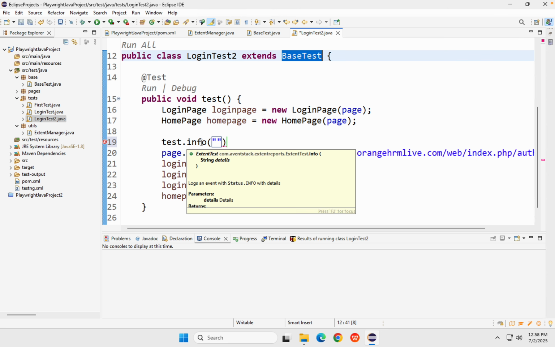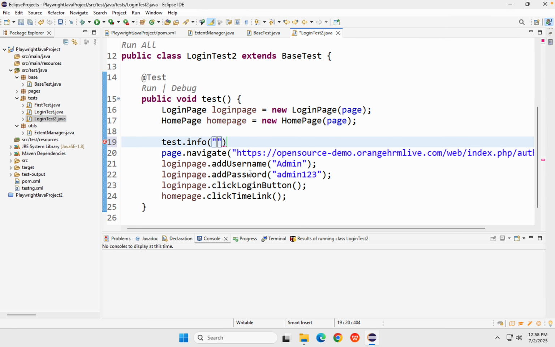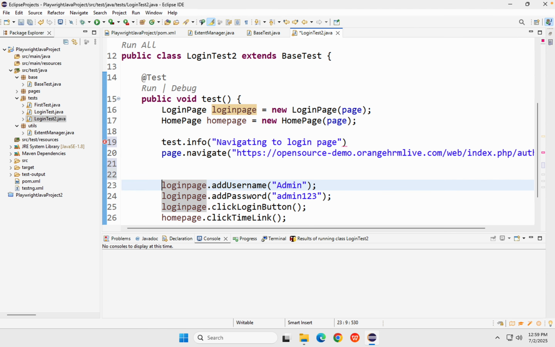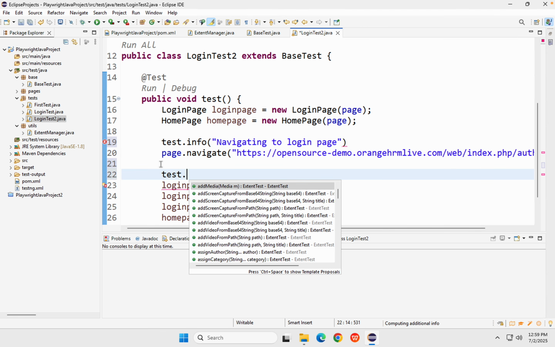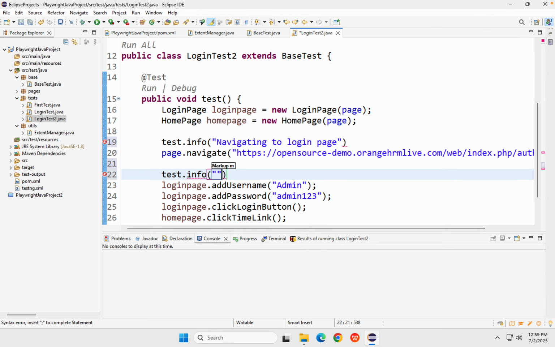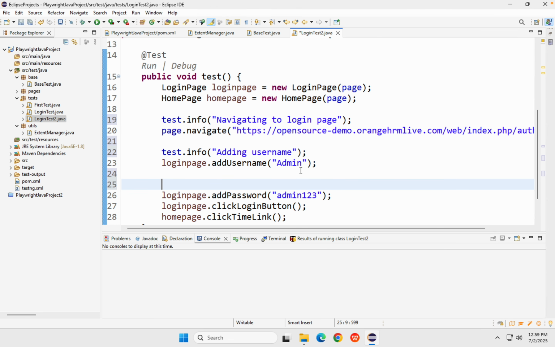So I will say here test.info, navigating to login page. Okay, then before adding username, I will say test.info, adding username. This is optional, just in case you want to add some extra logs and statements in the report. You can say this test.info, adding password,